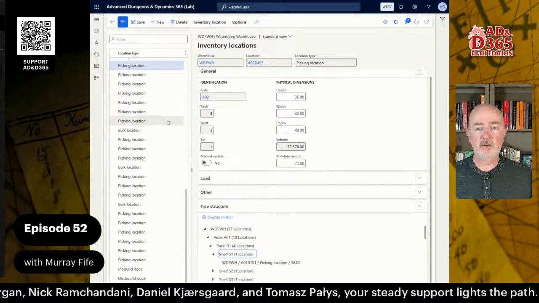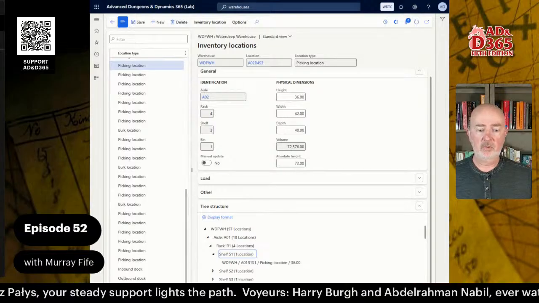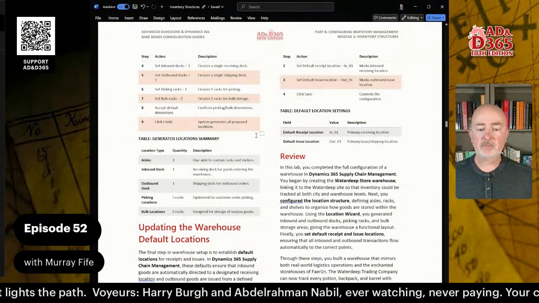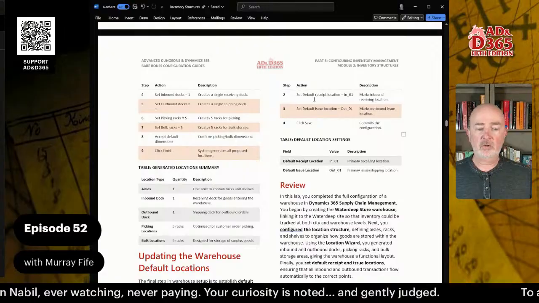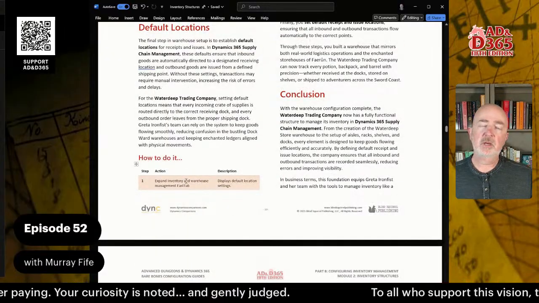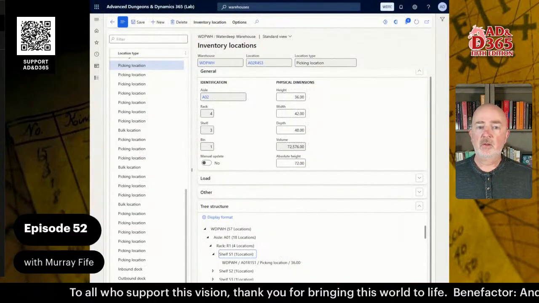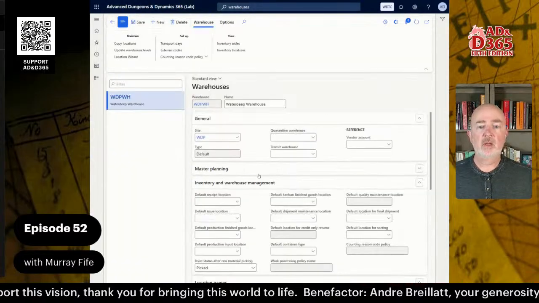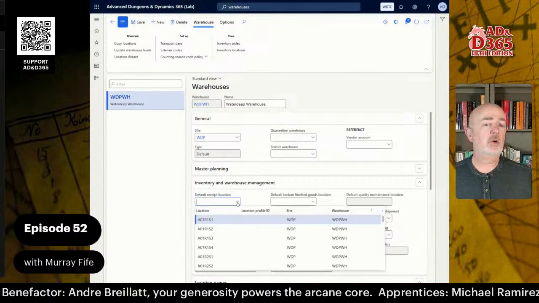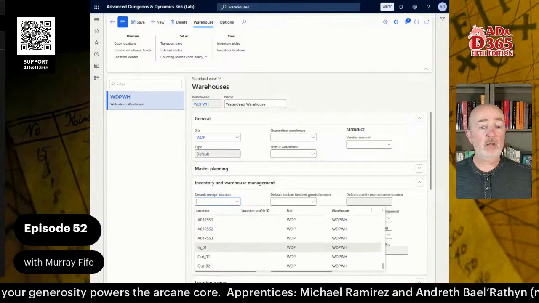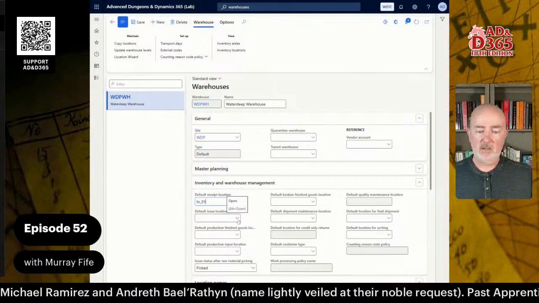So now that we've gone out and done that, if we move back to the documentation, we're going to update some of the default locations. We're going to say where we are going to be picking and putting items by default within the system. So if I go back to my warehouse, now I can update some of this information. I could create a default receipt location, and I'm going to receive it into the in location. And then my, let's see,